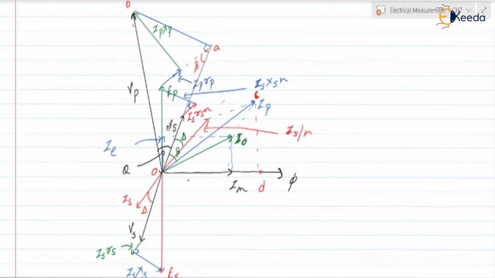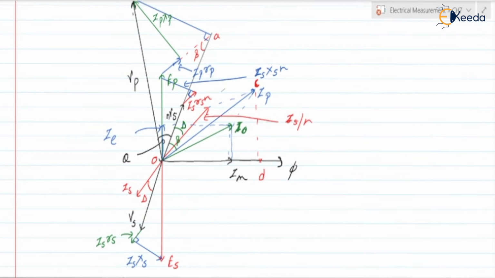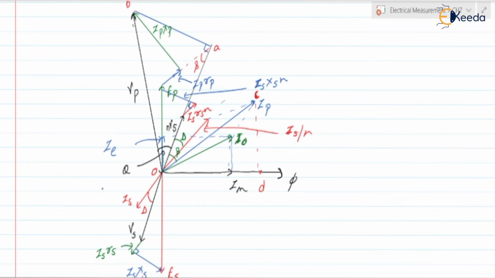Previously we have discussed the phasors for Im and phi. Next, we have the phasors for I0 as well as Ie. We have phasors for Es, Xs, Rs, Vs, Is. The additional part here is that we have drawn the Vp phasor, which is equal to N into Vs. N Vs plus Is Rs into N plus Is into Xs into N is nothing but Ep.